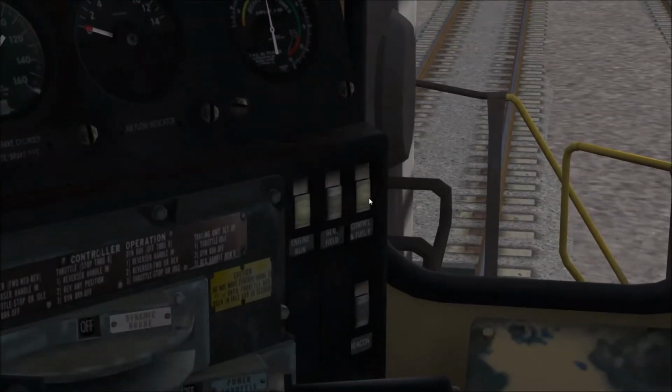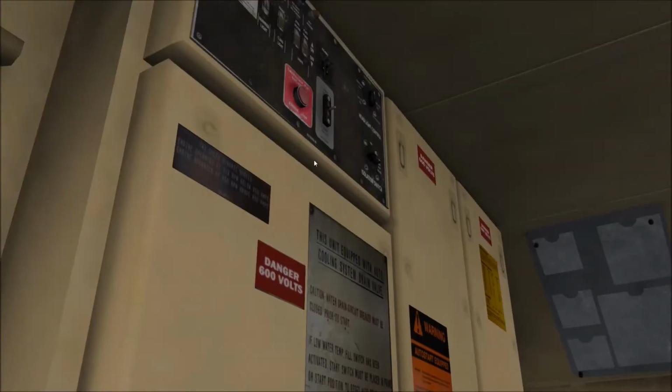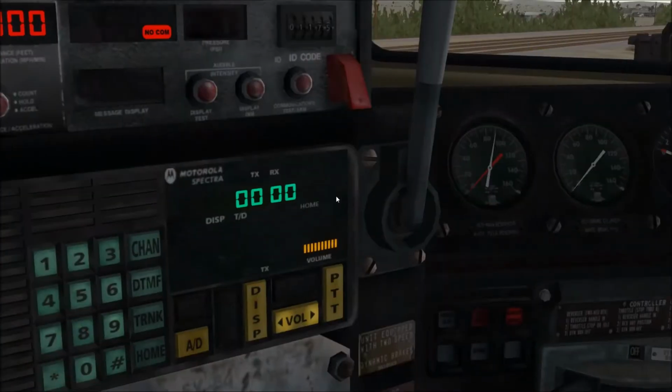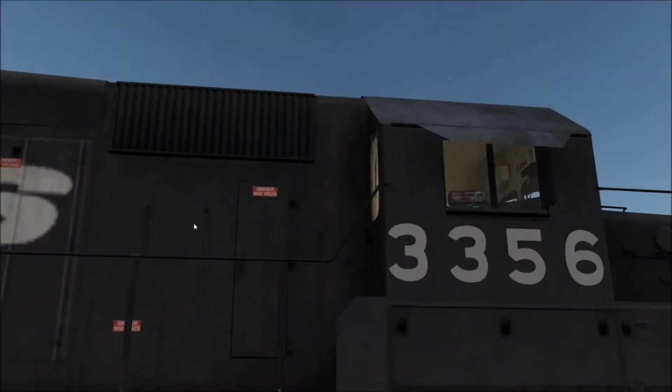We'll come over here to our switches. We'll turn on the control switch. We'll turn on, well, we don't need to turn on. Just make sure that our isolation switch is on the start and isolate. We don't have to worry about the headlight control just yet. Now what you would do to start these locomotives, after you did that and all the breakers on the electrical cabinet were on,